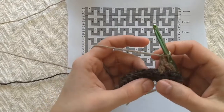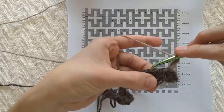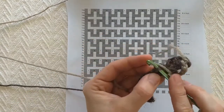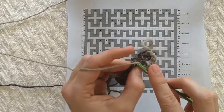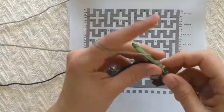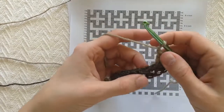Okay, then we're alternating again, so I need to find the back again. So here's my skipped stitch. I need to go from behind, so I'm not going to catch that. I can push it to the front if I want and go through that stitch. Back, pull up a loop and finish my double crochet, then chain 1, and then I'm going from the front